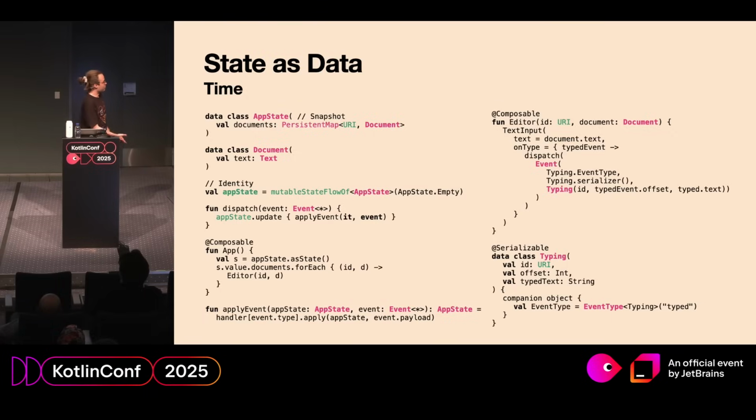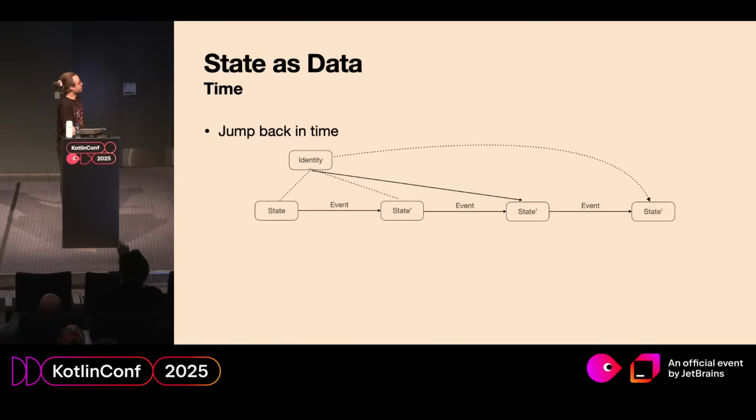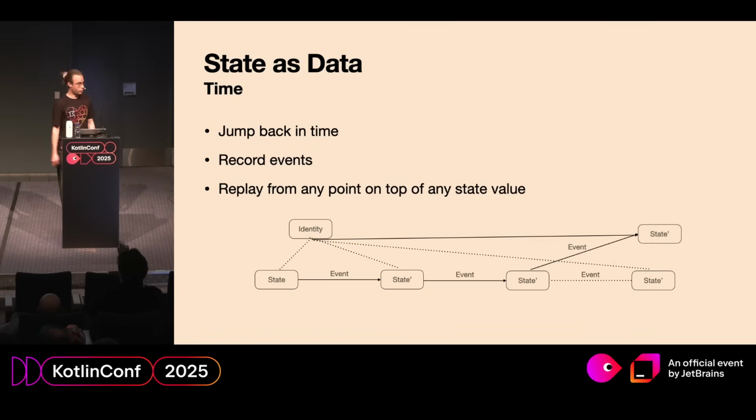We did that. What did we get for it? First of all, we can jump back in time. We can record all the states in some array and just swap the pointer and see the past value in our UI displayed. Everything's good. We can record events to replay them later. We can replay them on any other state. We can roll back and replay some other events. And these are the stuff that's usually hard to get from UI applications.